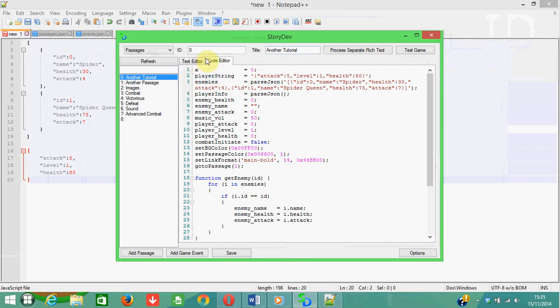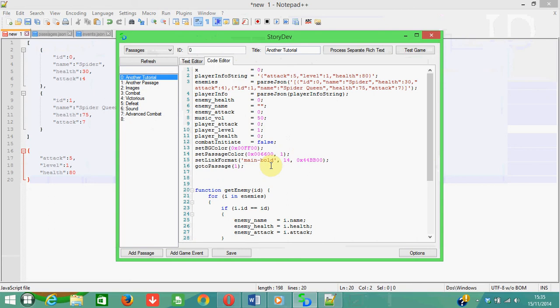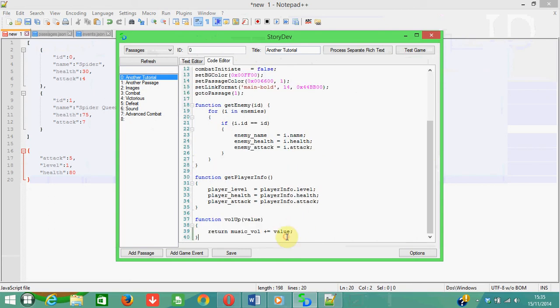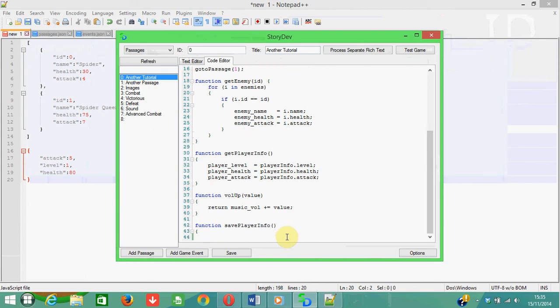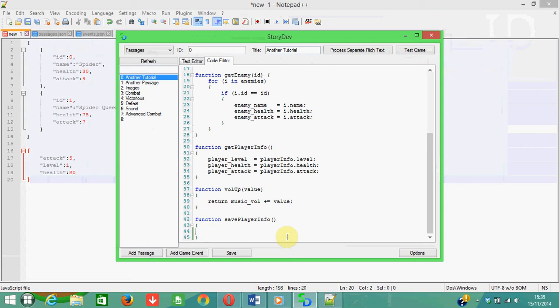I'm just going to put player info string there. Then we're going to do player info string in there. So if we wanted to save that player info, what we would do is, let's have a look, we do function save player info,